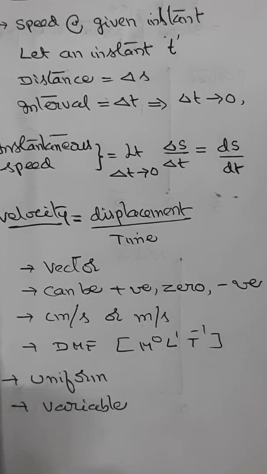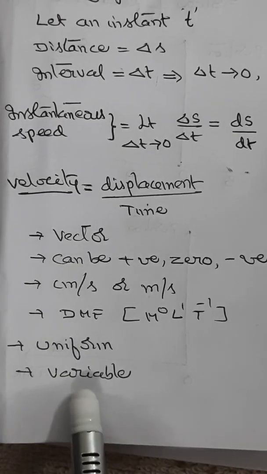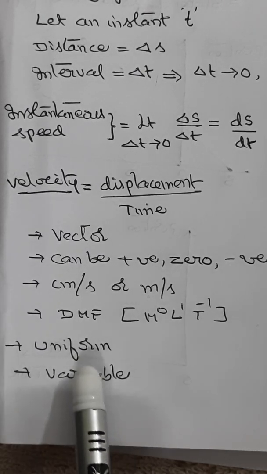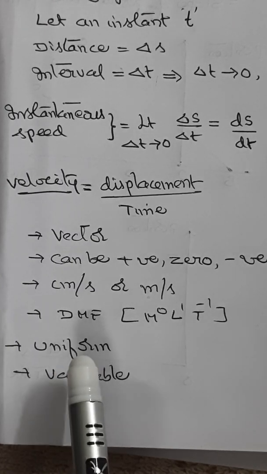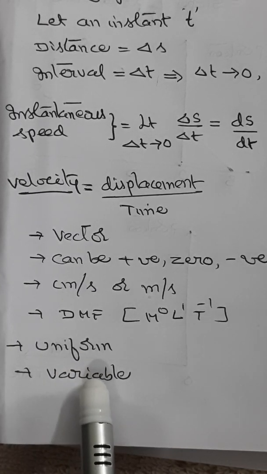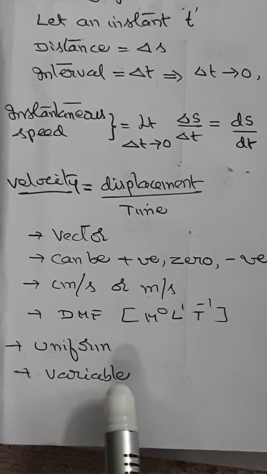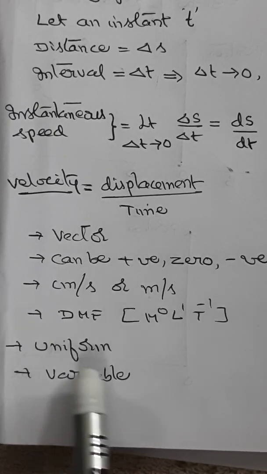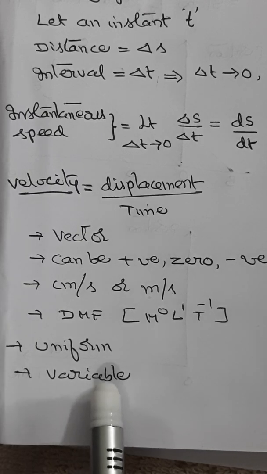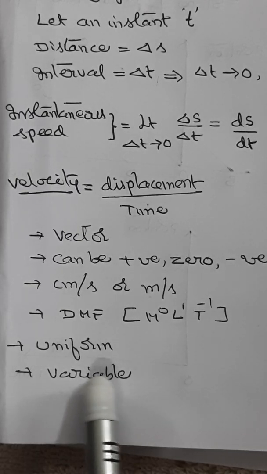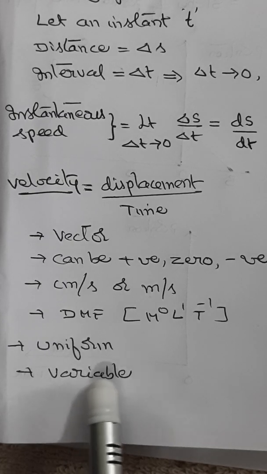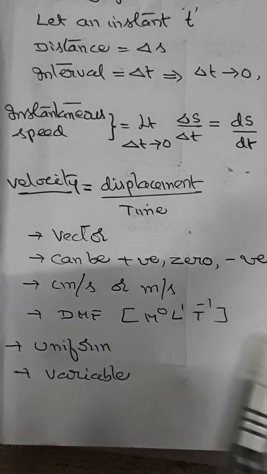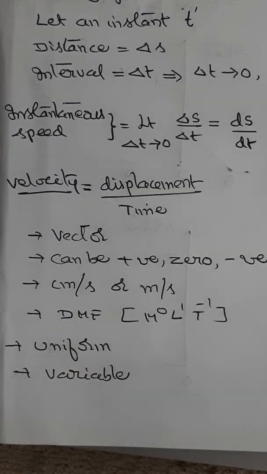If it is non-uniform, what is variable velocity? Variable velocity is nothing but non-uniform. That means when do you say that an object is moving with a variable velocity or a non-uniform velocity? An object is said to be moving with a variable velocity or a non-uniform velocity if it undergoes equal displacements in unequal intervals of time, or unequal displacements in equal intervals of time, or changes the direction of the motion while moving with a constant speed. In all the cases, you can say it is moving with a non-uniform velocity. This is what we need to understand about velocity, uniform velocity and non-uniform velocity.